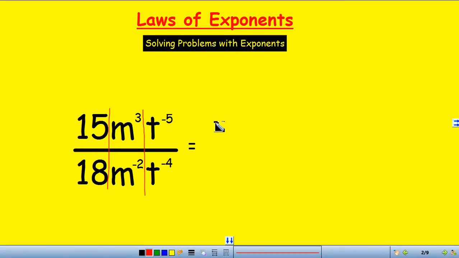So let's look at this. We have 15 divided by 18, and I'm just separating them, times m to the power of 3